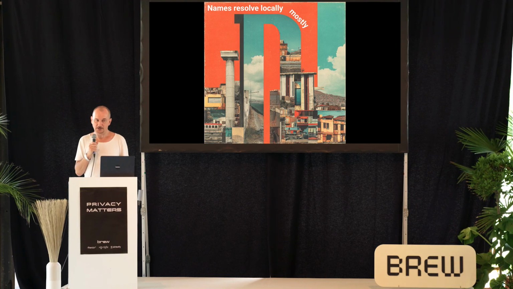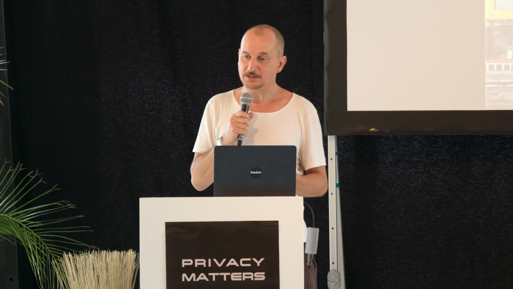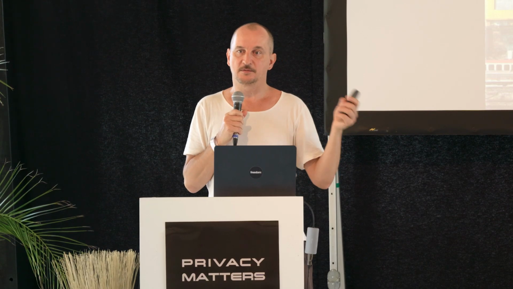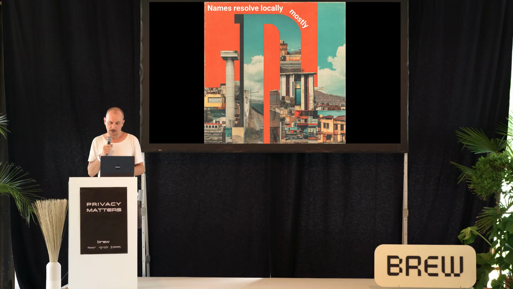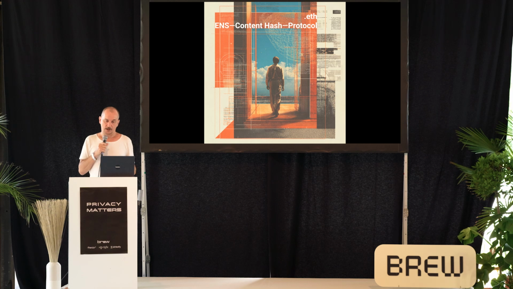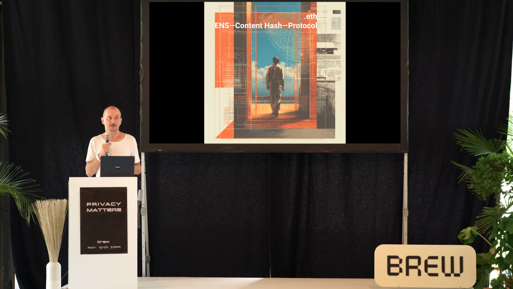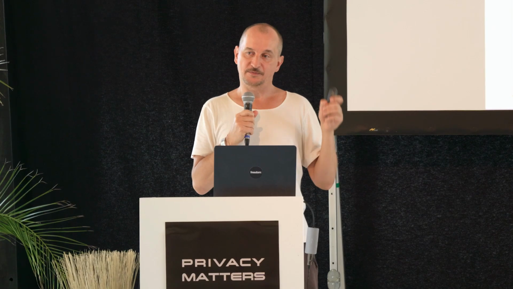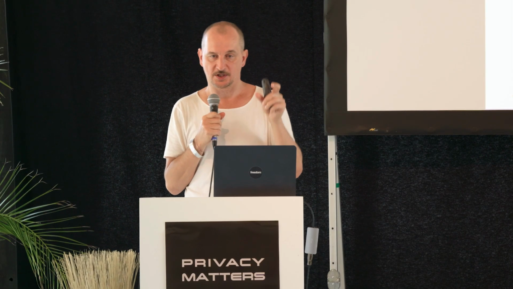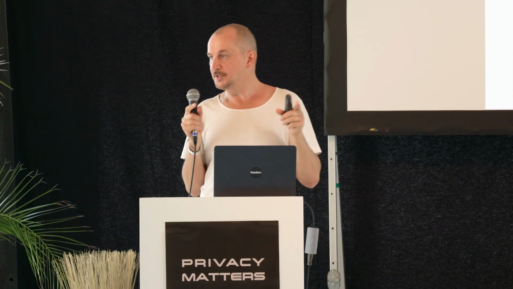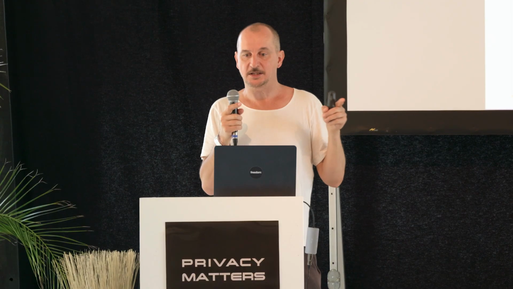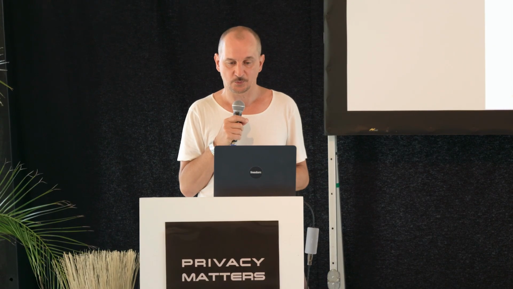We're using Colibri, which is not essentially a light client, but it does a lot of the verification, at least locally. So, the ETH domain I mentioned already. The ENS system has a field where it points to a content hash. A content hash is something like an IP address in the traditional world. It points the browser or any client to a piece of content on the decentralized network.